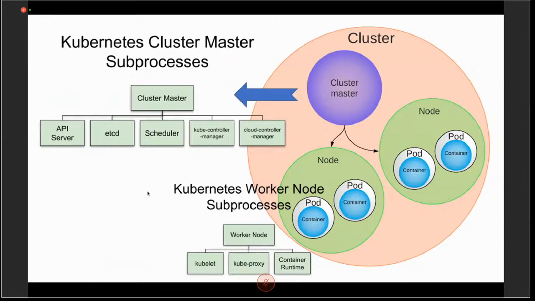So let's understand first of all what is a node, pod, and container relationship. So node is the underlying machine which is going to create the base resources which will be available as the Kubernetes cluster for the containers, microservices, micro frontends, all of those to be executed.